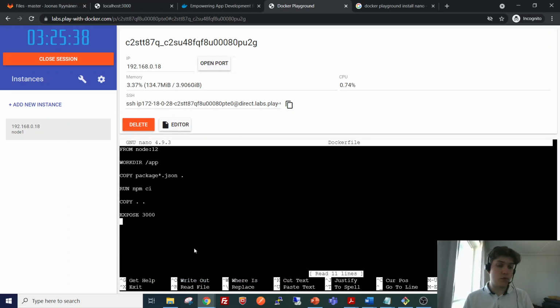Lastly, the final thing we need to do is tell Docker how to actually start up our application. So we can use npm start. Here the syntax is a little bit weird, but this will run the npm start command. That is how we would start our application without Docker.